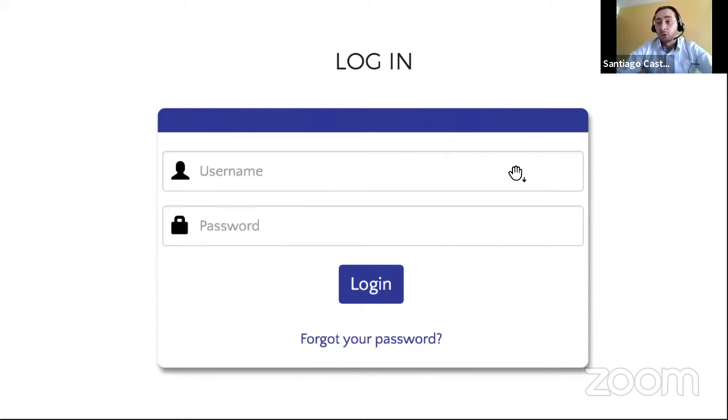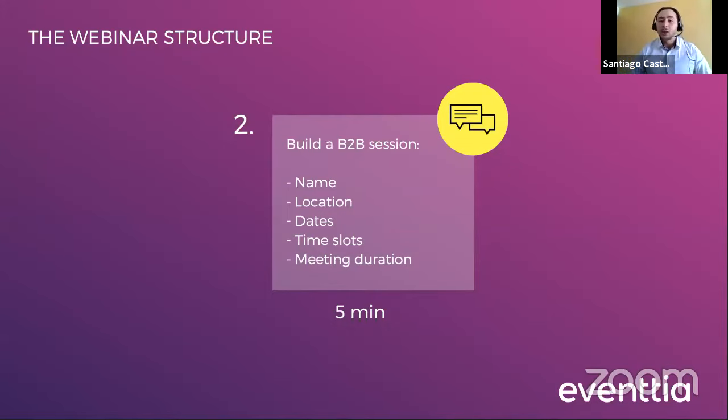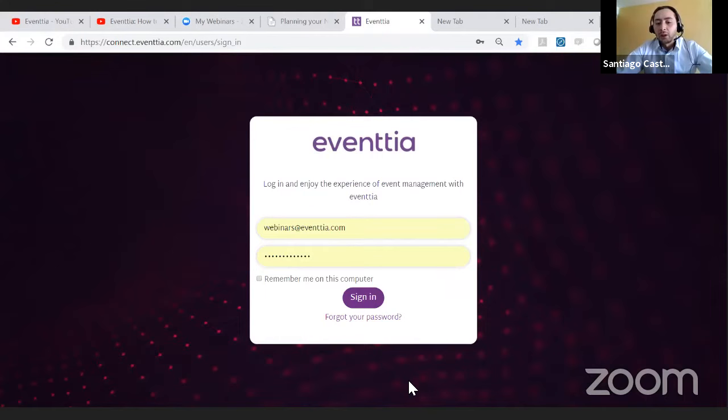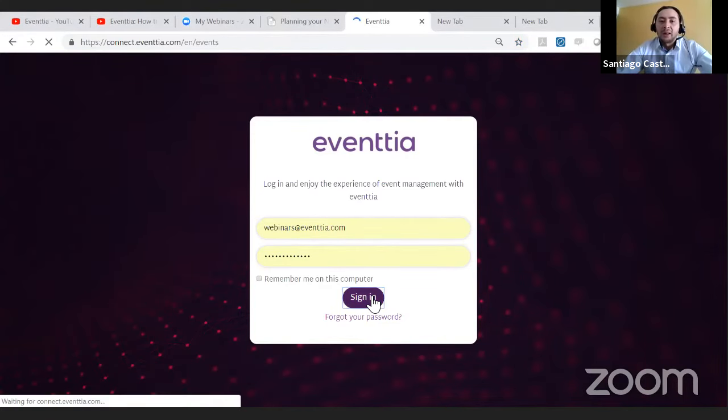Because now we're going to go to the next step, which is build a B2B session. All right, so this step is actually going to be in the platform. So we're going to just start a quite new B2B session with name, location, dates, time slots, and meeting duration. So I'm going to come here to Eventtia's website, and I'm going to sign in. So I'm going to put my username and password of Eventtia and sign in,